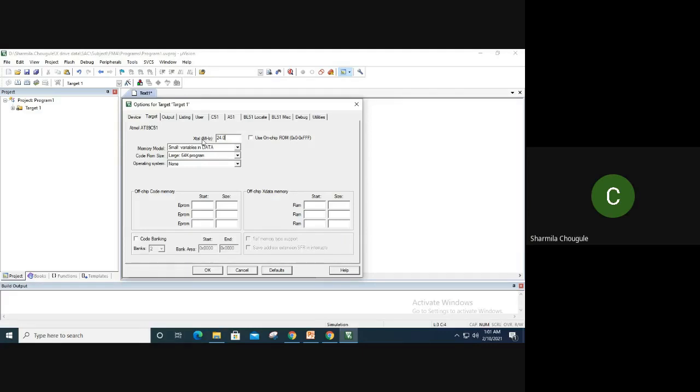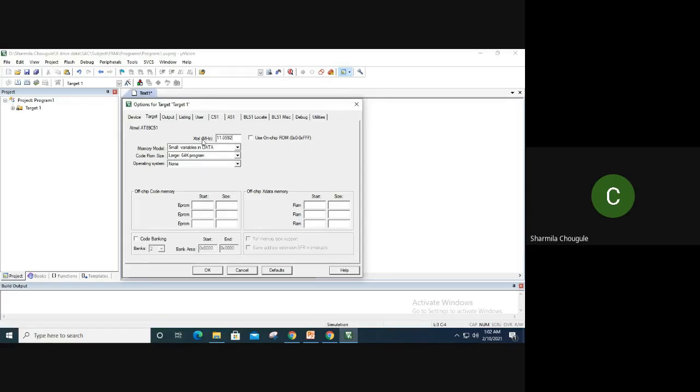Now, the salient features we learned in 8051 say that our crystal frequency is 12 megahertz. Practically, we will have the value as 11.0592. This is the frequency of the crystal oscillator we are going to consider.